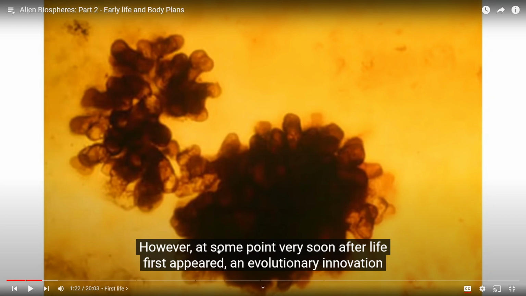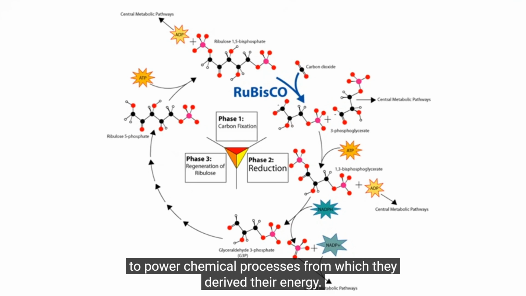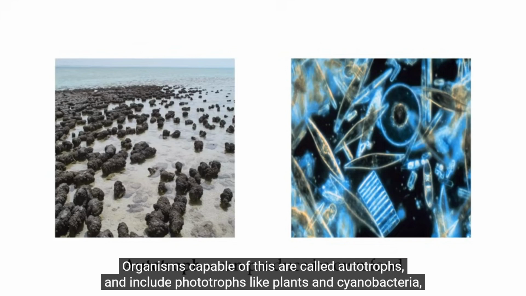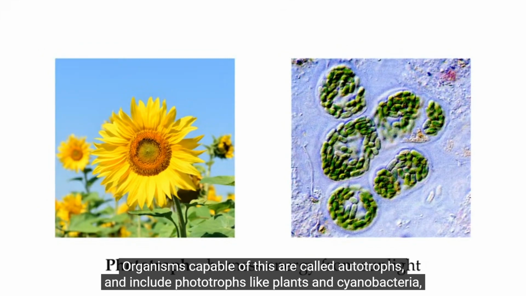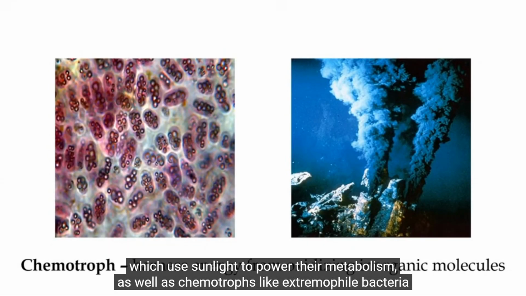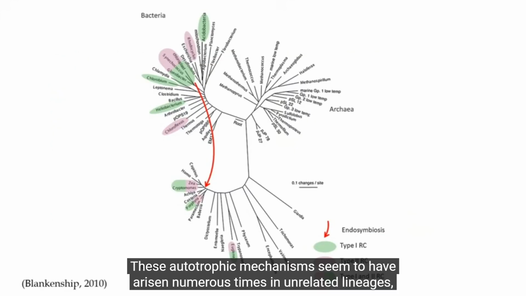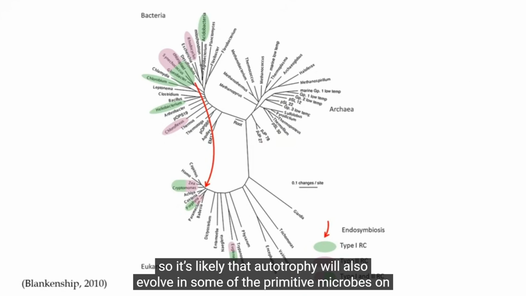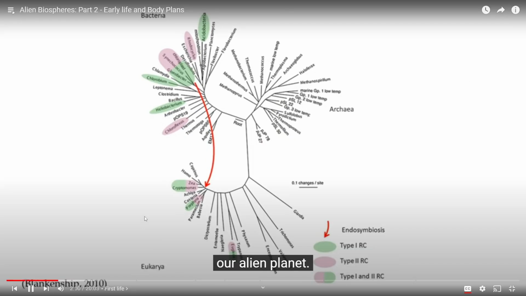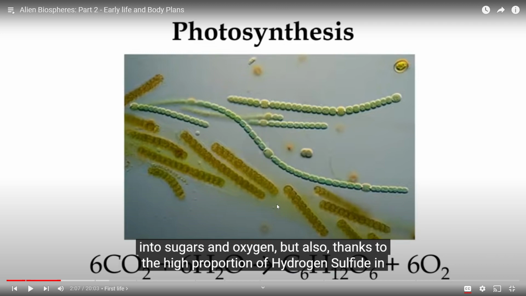Because it's essential. However, at some point, very soon after life first appeared, an evolutionary innovation occurred in which some early groups of microbes evolved the ability to use inorganic molecules to power chemical processes from which they derived their energy. Organisms capable of doing this are called autotrophs, and include phototrophs, like plants and cyanobacteria, which use sunlight to power their metabolism, as well as chemotrophs, like extremophile bacteria that gain energy from geochemically produced sulfides. These autotrophic mechanisms seem to have arisen numerous times in unrelated lineages, so it's likely that autotrophy will evolve in some of the primitive microbes on our alien planet as well. Photosynthetic organisms may evolve to use sunlight to convert carbon dioxide and water into